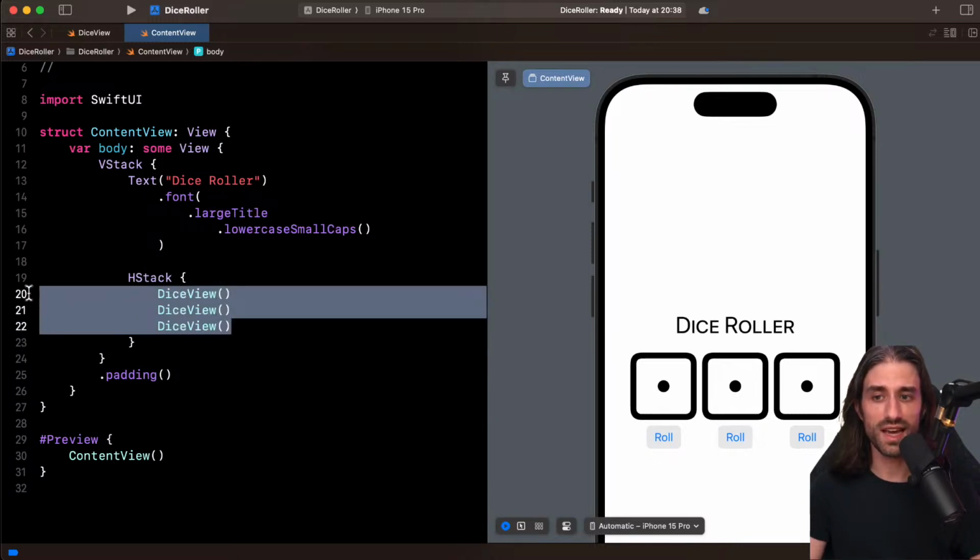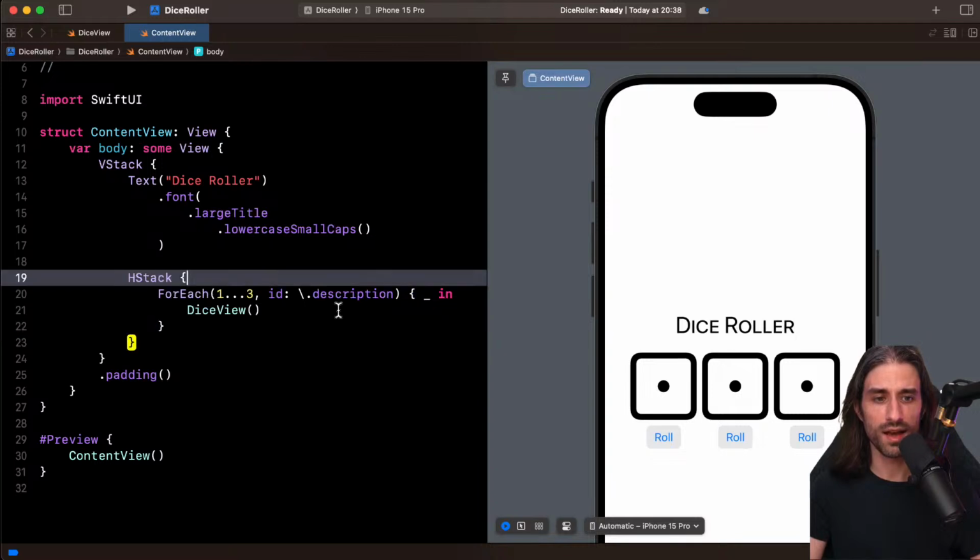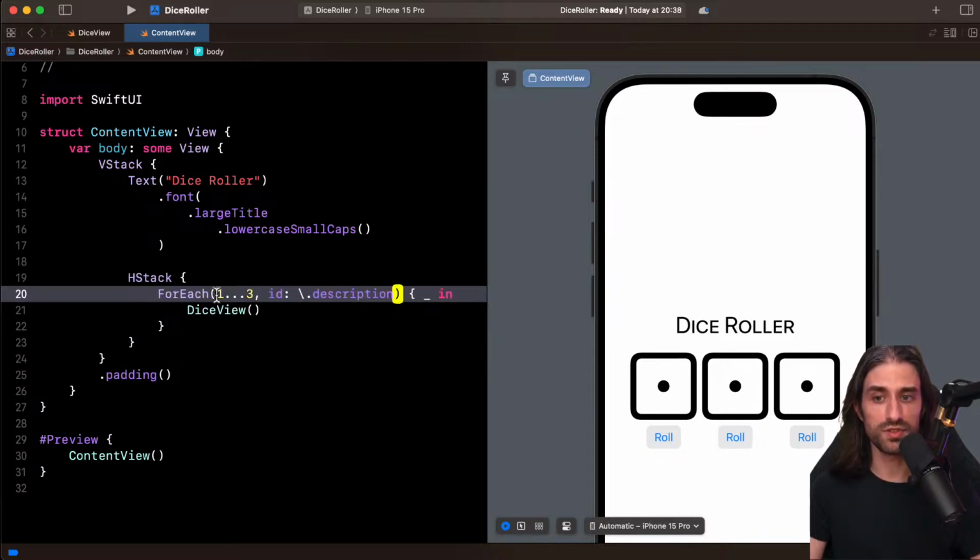So inside the HStack, we put the ForEach. And you can see that the content hasn't changed, because we say for each integer in the interval from 1 to 3 included, so there are only 3 elements, 1, 2, and 3, we show a DiceView. And you can see here we say that for the ID, we use the description.